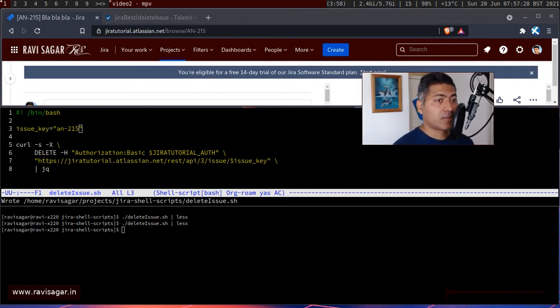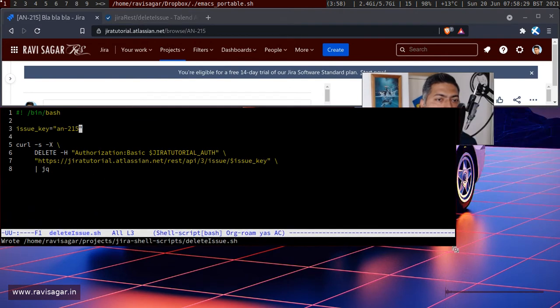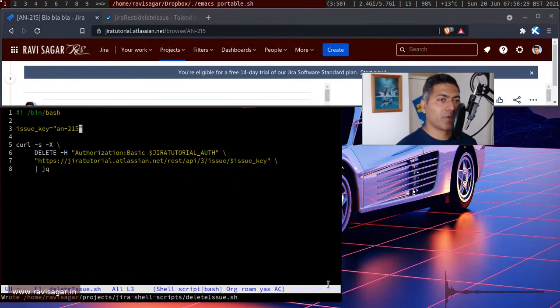These are of course nothing but simple scripts, more or less, something that you can maybe adapt, modify based on your requirements. But the main objective is to learn and to, of course, understand how you can interact with Jira programmatically.